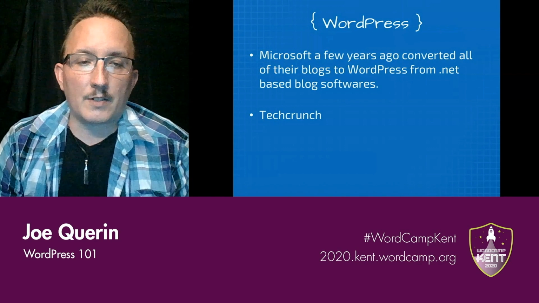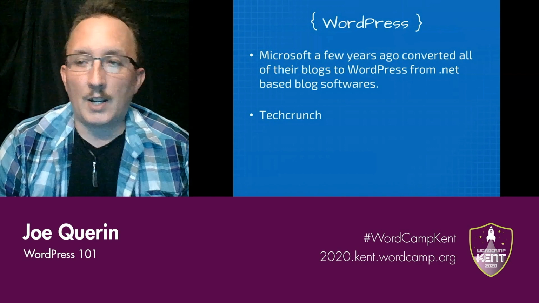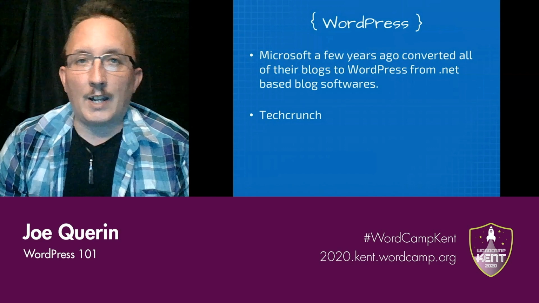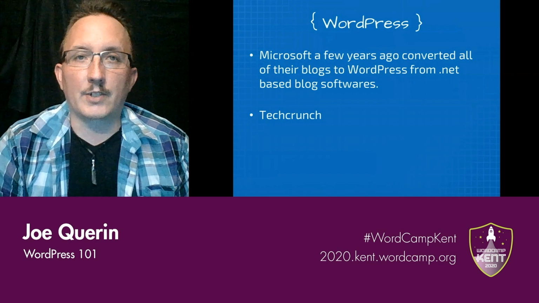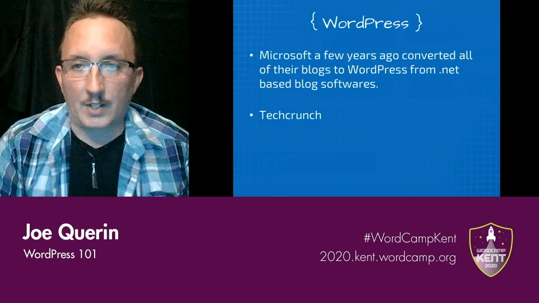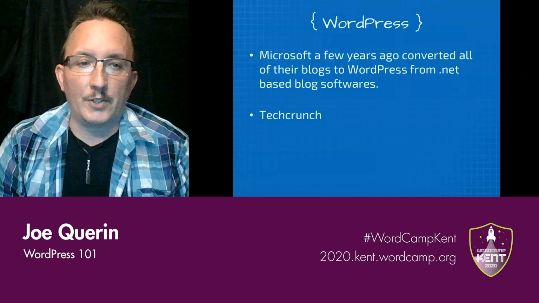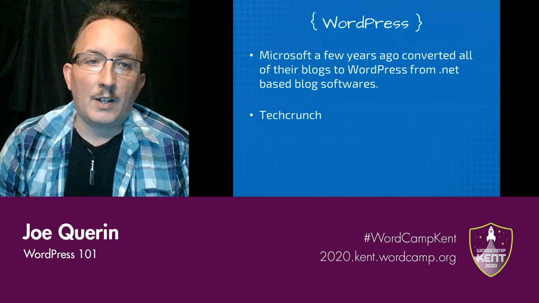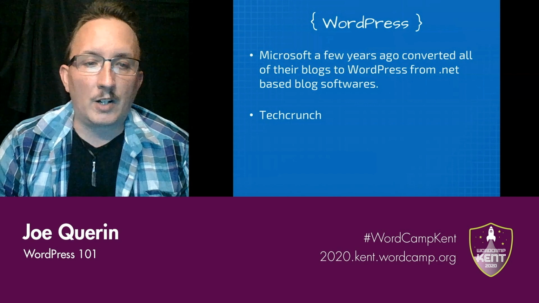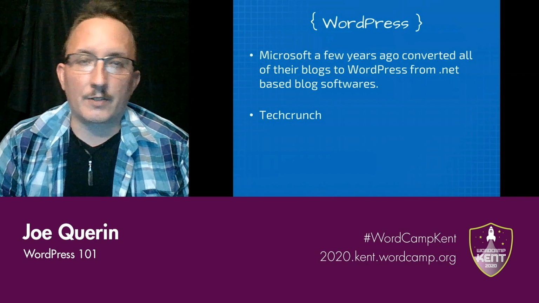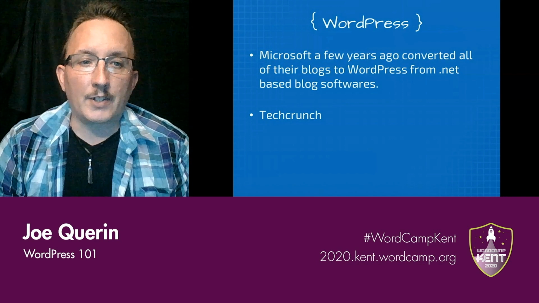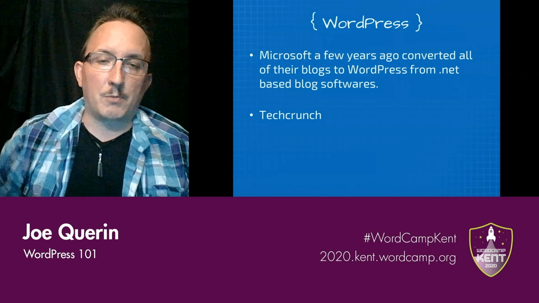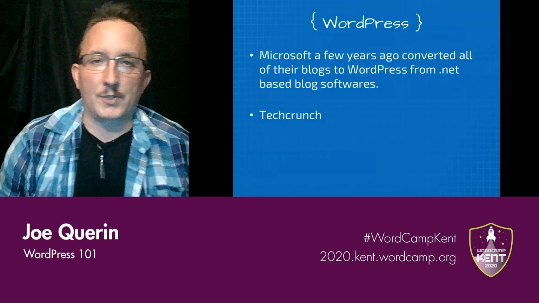The popular online tech site TechCrunch actually uses WordPress as well for their backend to be able to support all of their content. And if you know anything about TechCrunch, they occasionally get thousands upon thousands of people visiting, reading all the different articles and the different news, everything from the latest thing Apple's doing with the new iPhone or iPad down to things about open source software and viruses and all the different things that are going on on the internet. And so they actually use WordPress and are able to support thousands of visitors and be able to support all the content that they post on the site as well.